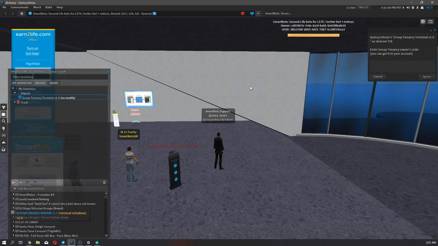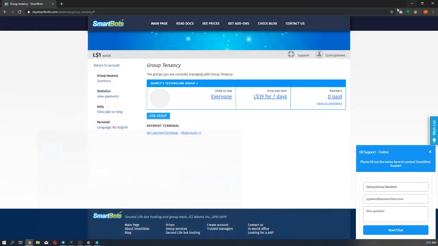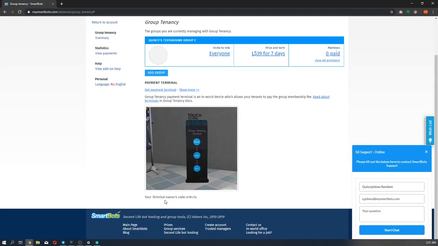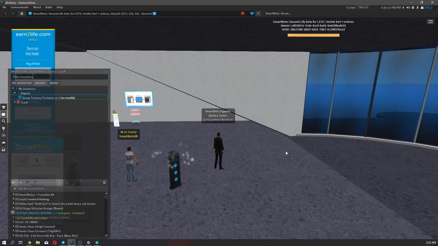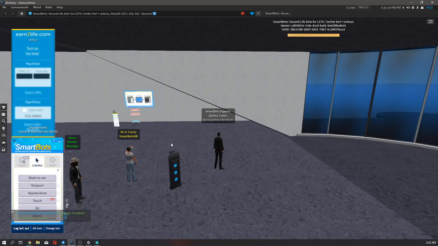You can easily get this by going back to the group tenancy add-on page, click show more under here, which will show you your terminal's owner code. You have to copy the owner code that you can see right here and enter it in the dialog. And that's pretty much it. Your group tenancy terminal is ready to use,